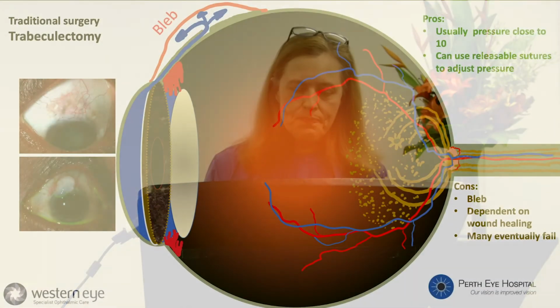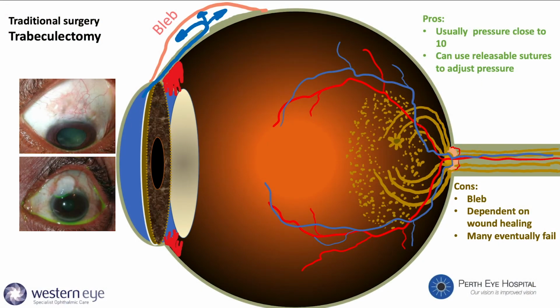Now on to the surgery. Well, the two commonest surgeries performed in glaucoma are trabeculectomy and cataract surgery. So the traditional surgery for glaucoma that's been around for decades is trabeculectomy. The problem with trabeculectomy is it's a bleb-forming procedure, and if you've ever had surgery, you will hear your specialist